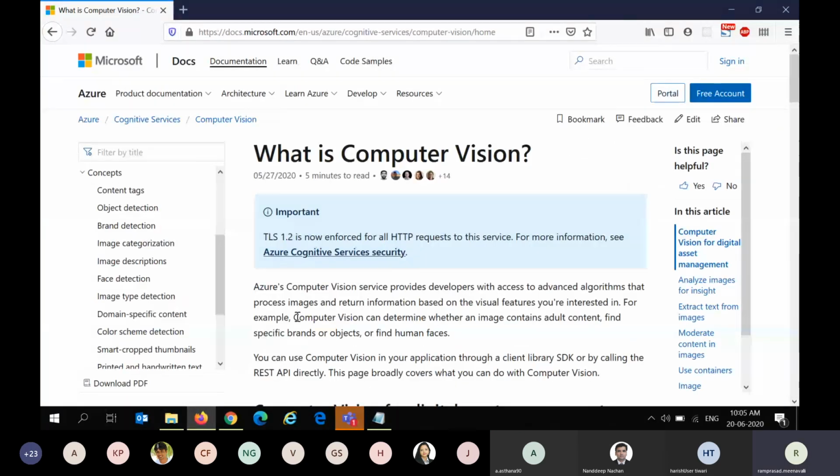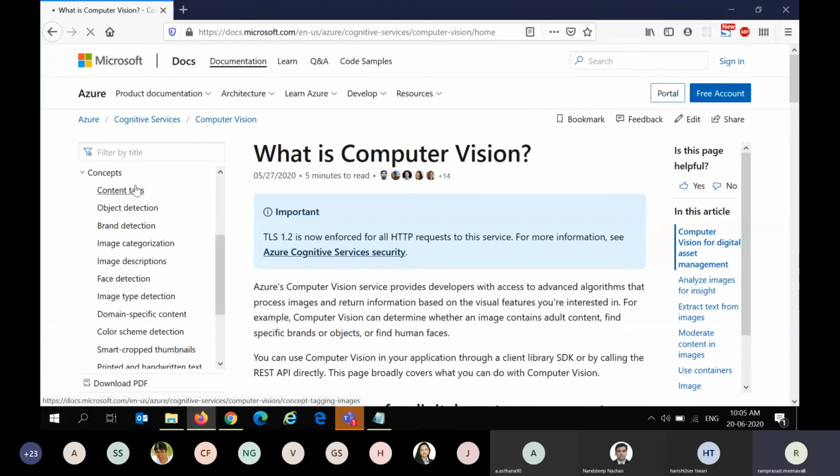So Azure Computer Vision, I think we all had a good introduction from the previous session. There are a few things which I would like to touch upon again. Like we have seen, computer vision is about the C part, and it's one of the five pillars of the cognitive services that Azure offers. And these are the different concepts which Azure computer vision is capable of.